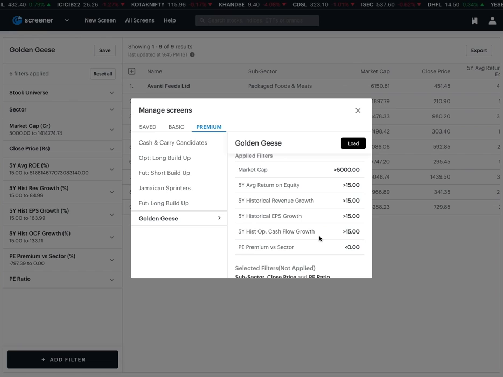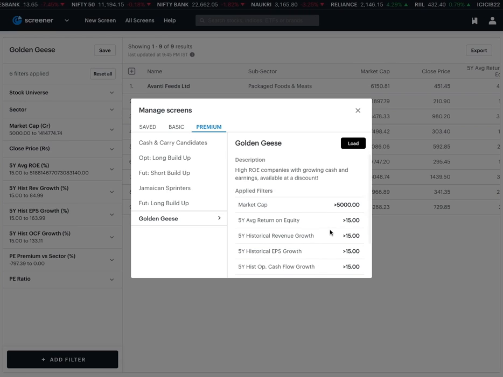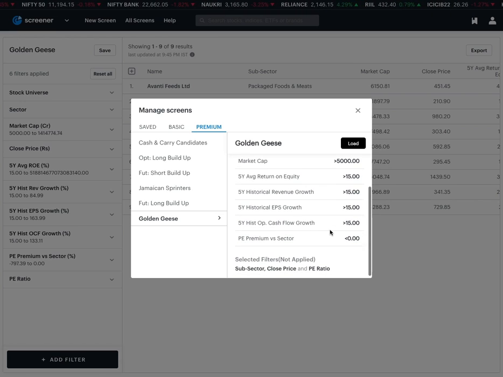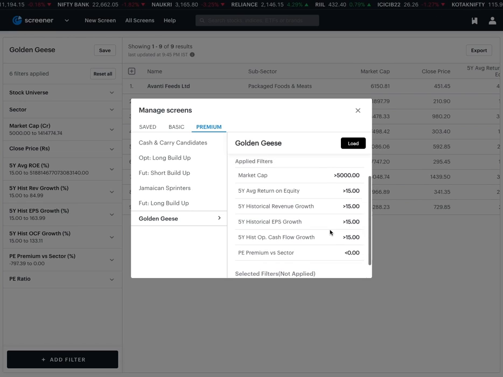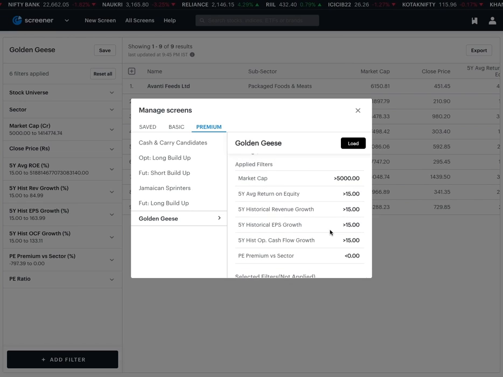But it might be possible that these, let's say, metrics have been increasing, but the company is overvalued, right? So if I purchase stock for this company at an overvalued level, it might be possible that there will be a correction in the future and the stock price will come down. So I should be looking at undervalued, let's say, stock if I want to pick up companies which will potentially have a price increase in the future.